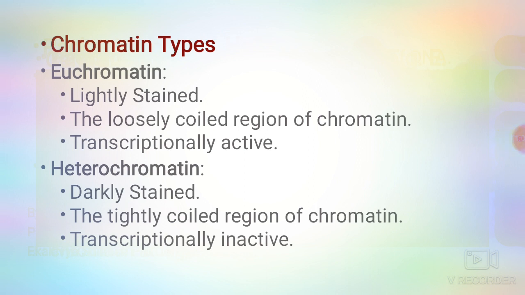Now the central dogma, proposed by the scientist Francis Crick, is the flow of genetic information from DNA to RNA and from RNA to protein. From DNA to RNA is through the process of transcription, and from RNA to protein through the process of translation. One type of RNA is the messenger RNA.